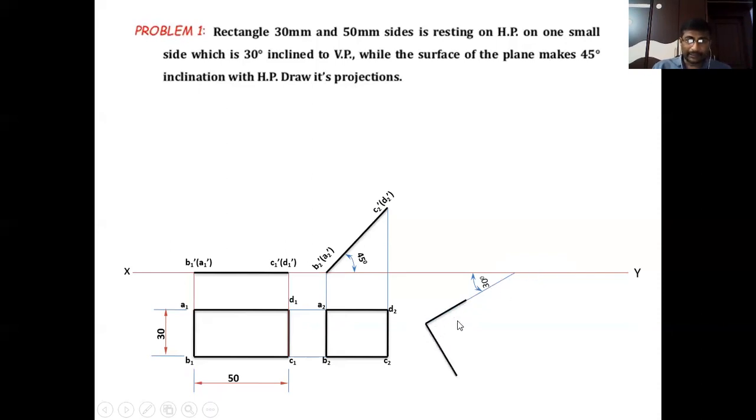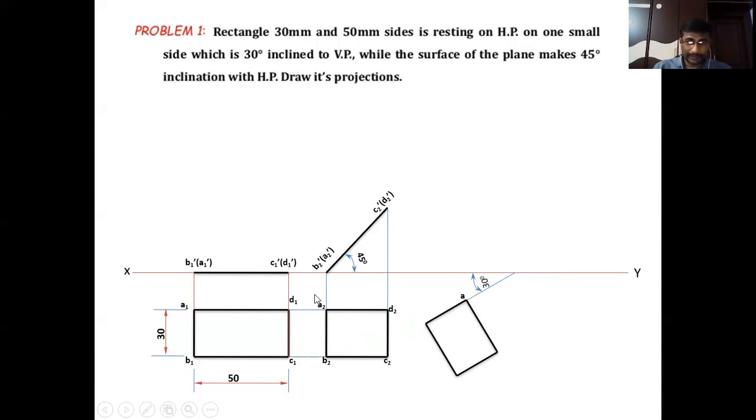So the points are, this is the A2, B2, AB line, and the B2, C2 line will be perpendicular to that required line. Construct the total rectangle. Wherever we are getting the second stage, that must be rotated at an angle of 30 degrees with the smaller side at 30 degrees. Clear? Locate the points.